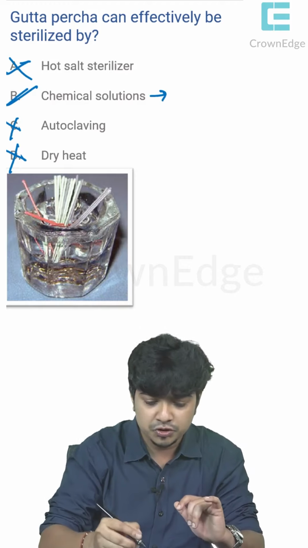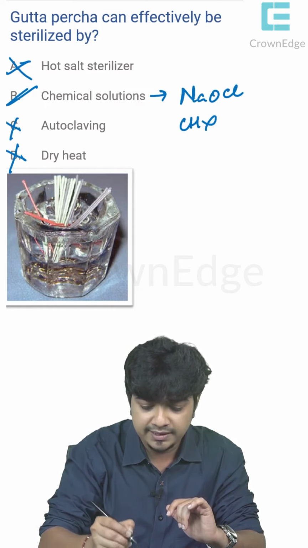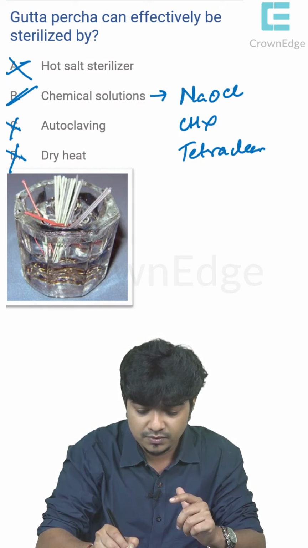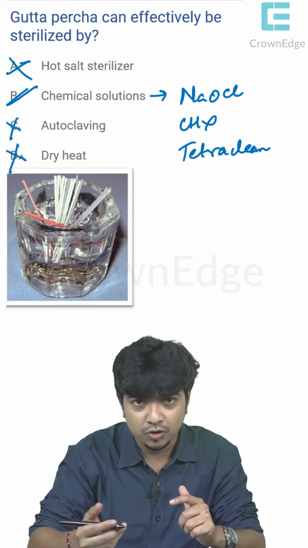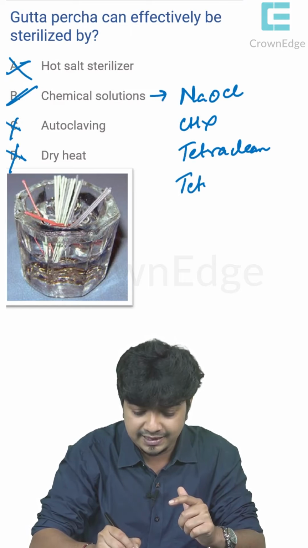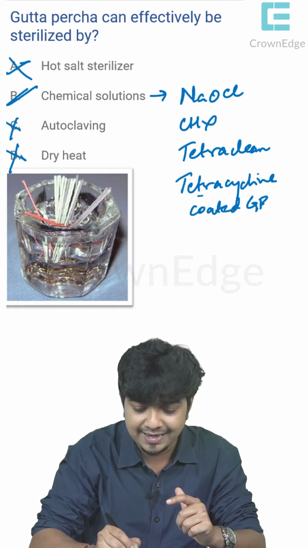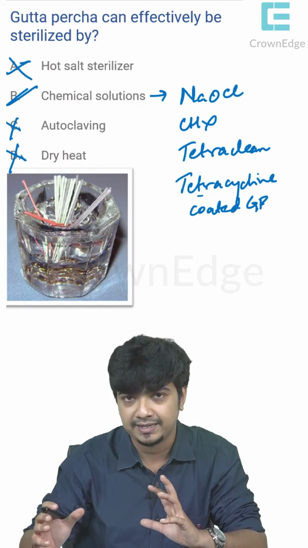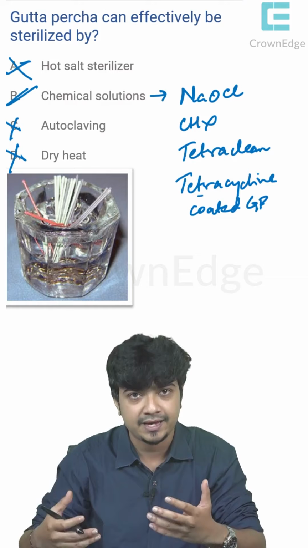So chair side solutions include your sodium hypochlorite, chlorhexidine, or you can even use tetracycline or any of the other disinfecting solutions. You can also use tetracycline coated gutta percha, which inherently has a little bit of antibacterial activity. So even if you do not completely disinfect it, the tetracycline component inside the gutta percha takes care of the